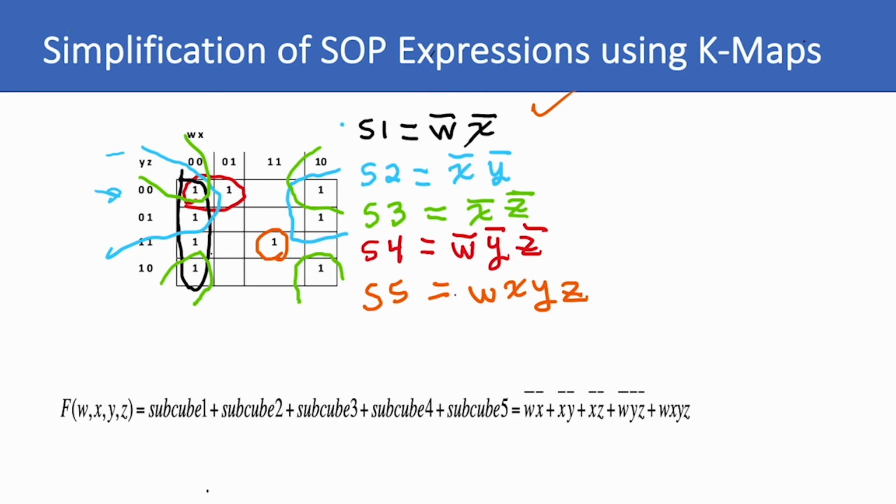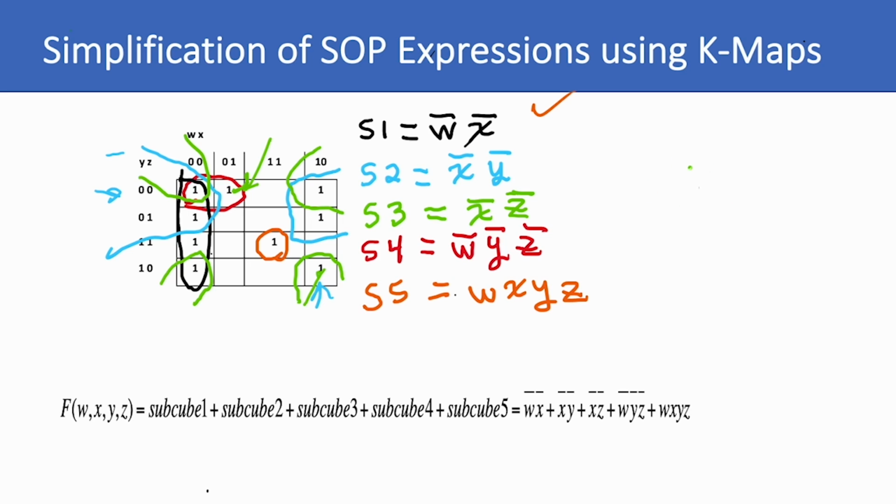For the third one, we did the 4 corners. The 4 corners on a map are always adjacent. So you can cover all 4 corners. And remember, we picked up this one right here. We picked up that one right there, okay? And so that came out to be X bar, Z bar, okay? Now the fourth one we did, we had this one right here, a one right there, and we used the one adjacent to it